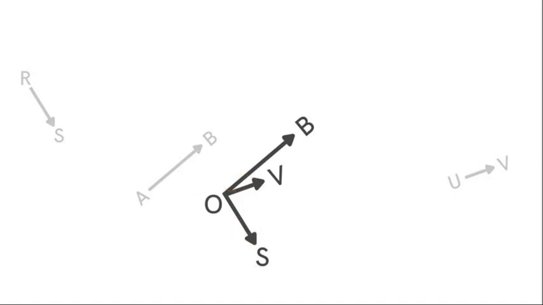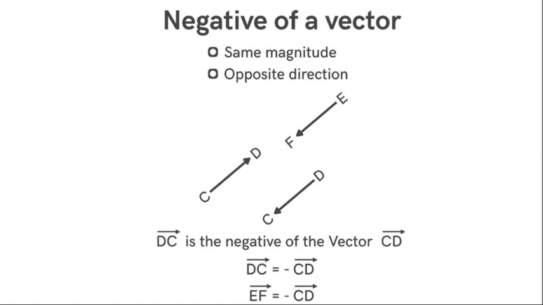Okay, fine. Next, let's discuss the negative vectors. Just like your equal vectors, suppose this is your vector CD, this is another vector EF. Now your negative vectors are those vectors which have the same magnitude. If you look at this CD and this EF, both of them have the same magnitude, but these two vectors have the opposite direction. Fine. So the vectors which have the same magnitude and opposite direction are known as your negative vectors.